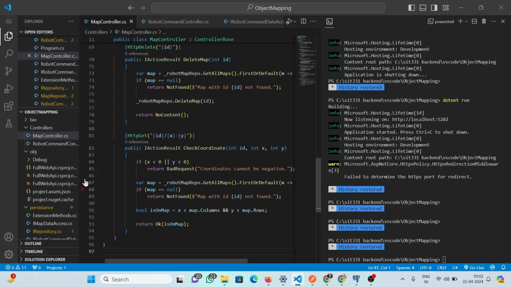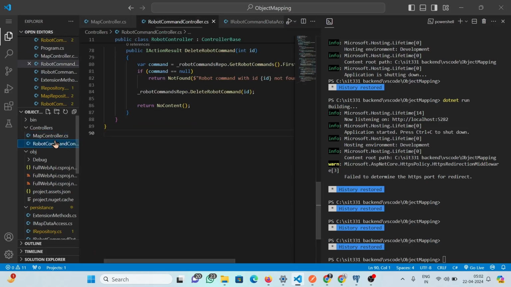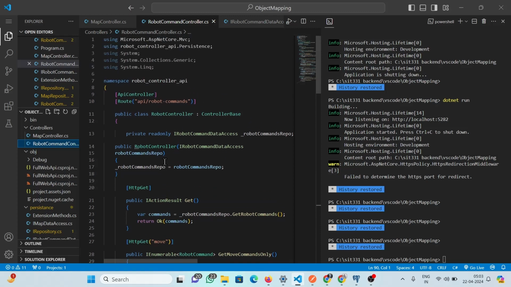So we come to the RobotCommandController.cs file. This is also the same as the MapController.cs, so we will give an overview of this file. In this file, there is a controller class named RobotController in the RobotControllerAPI namespace. It's responsible for handling HTTP requests related to robot commands. The class has a constructor